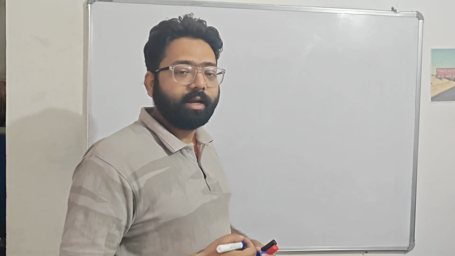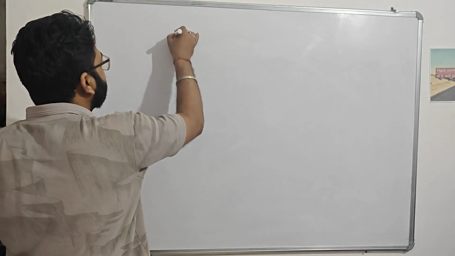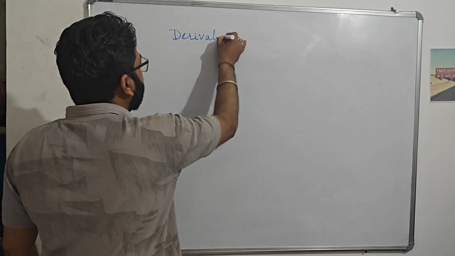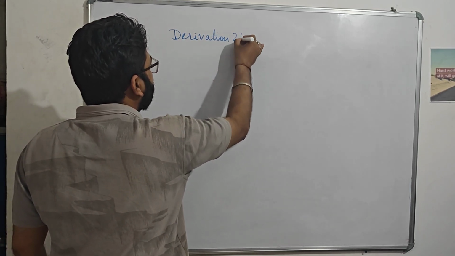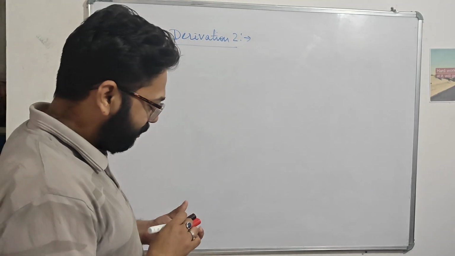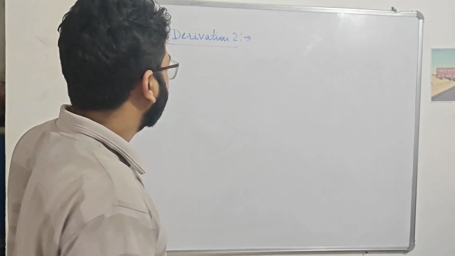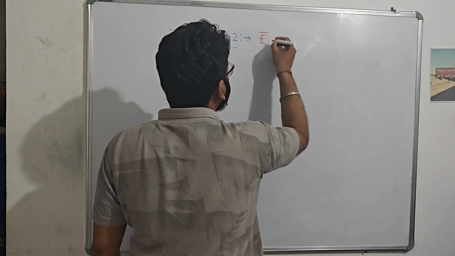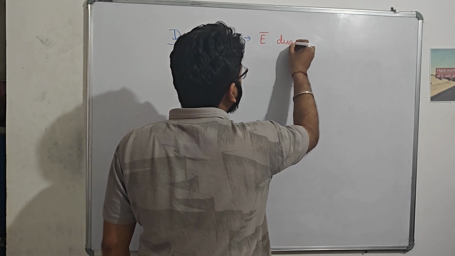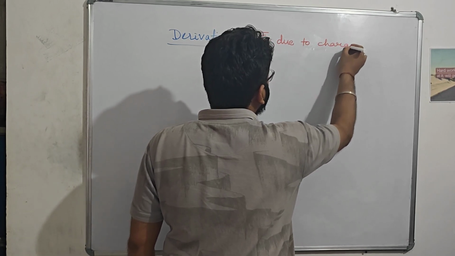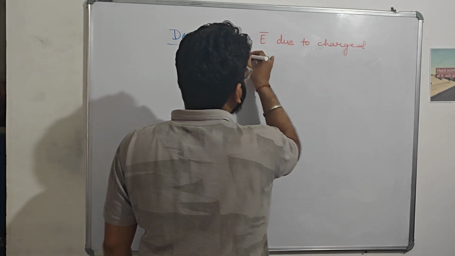So let us start the second derivation. Derivation 2, as per CBSE boards, we are going to discuss from the NCERT book. So the derivation number 2 is electric field due to a charged spherical shell